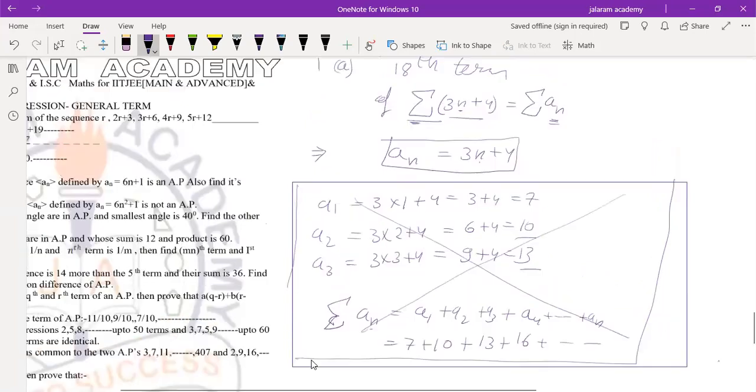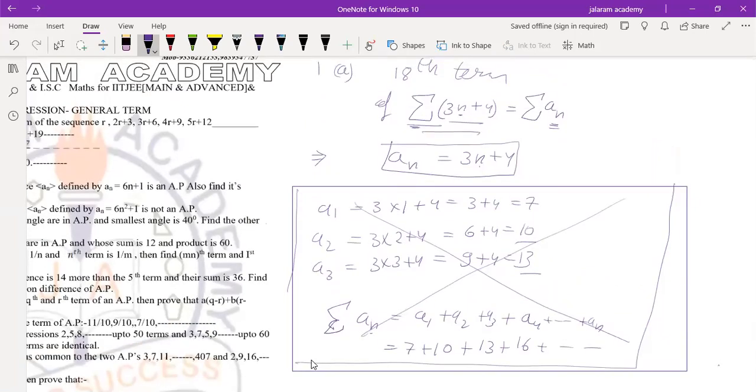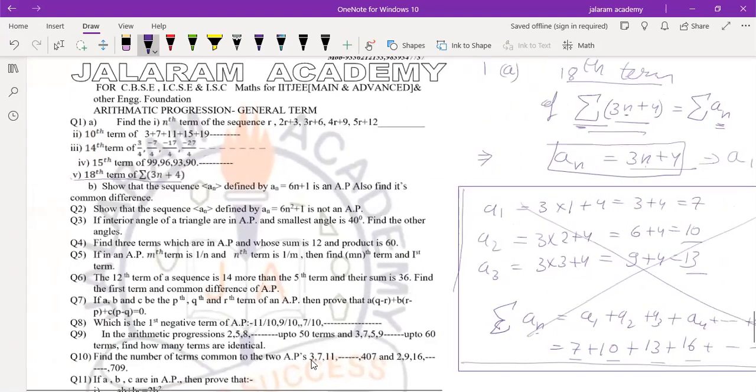Whenever it is given that the series is sigma 3n plus 4, it means that the series is 7, 10, 13, 16 and so on, and its nth term is 3n plus 4. So we can easily find the 18th term by replacing n with 18. 3 into 18 plus 4. 3 times 18 is 54, plus 4 is 58, which is the answer of this question number 1A,